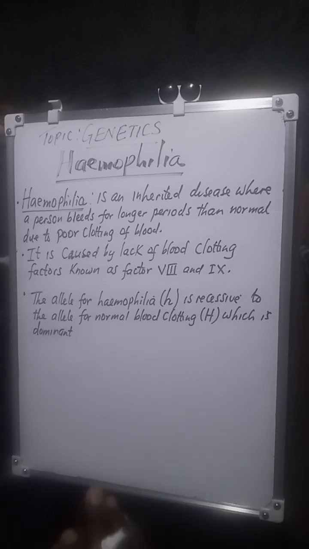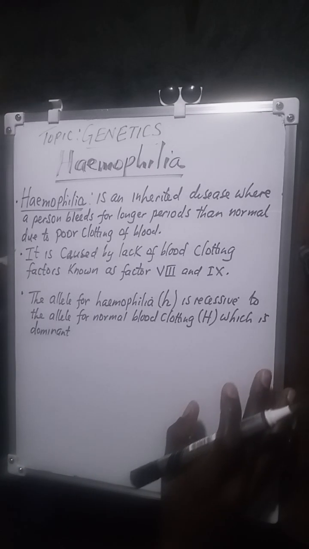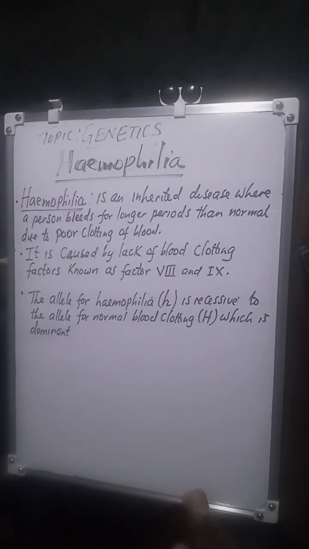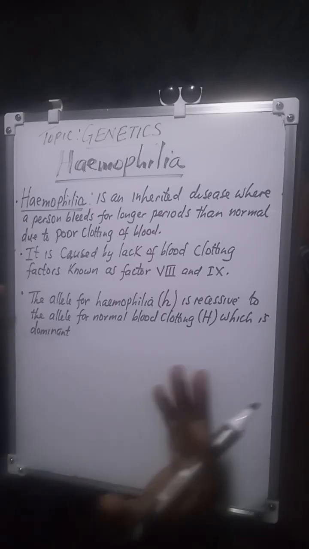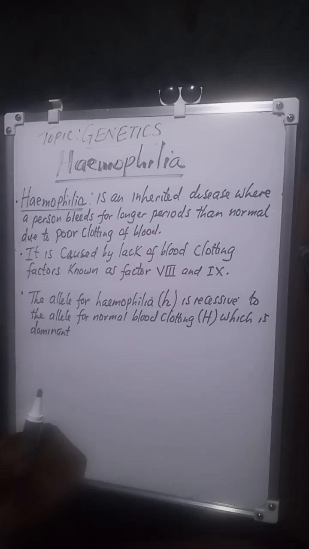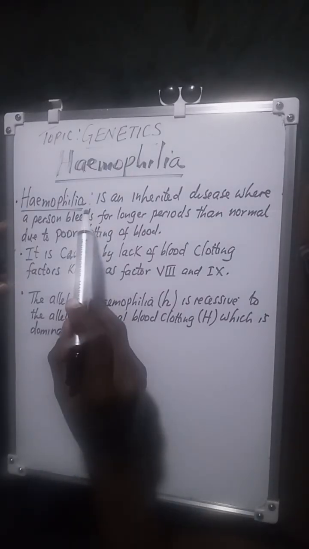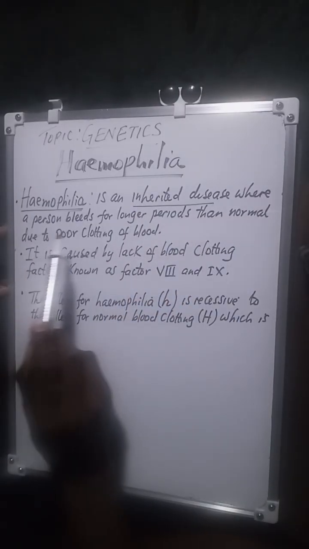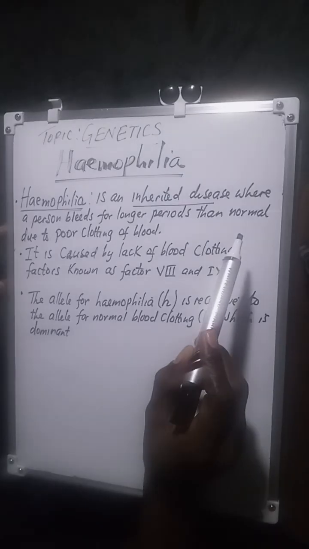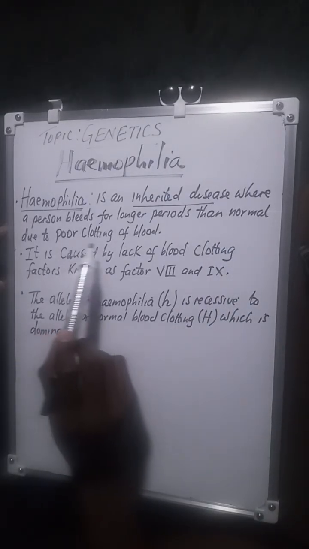Welcome to another segment of my biology videos, and this time we are continuing with what we are calling hemophilia, which is an X-linked condition. So you might wonder, what exactly is hemophilia? Well, hemophilia is simply an inherited disease where a person bleeds for longer periods than normal due to poor clotting